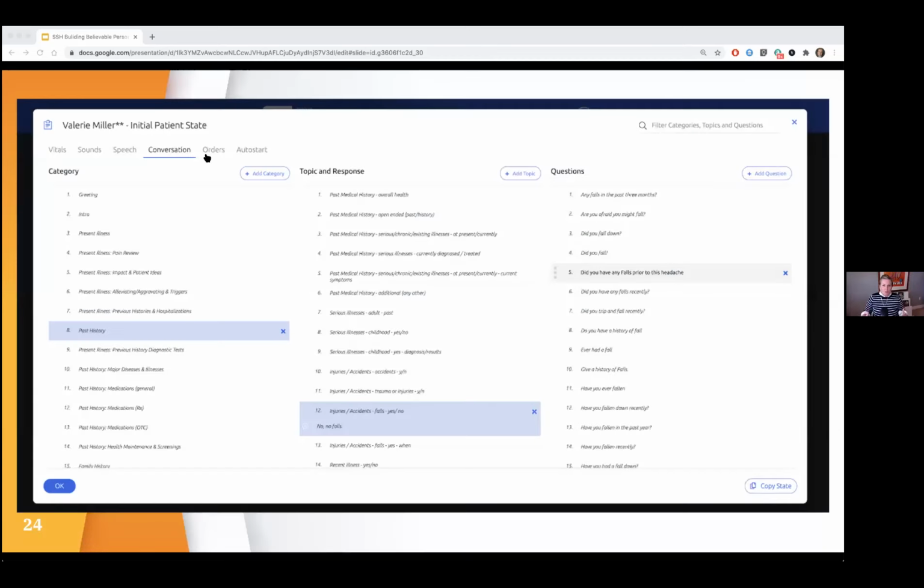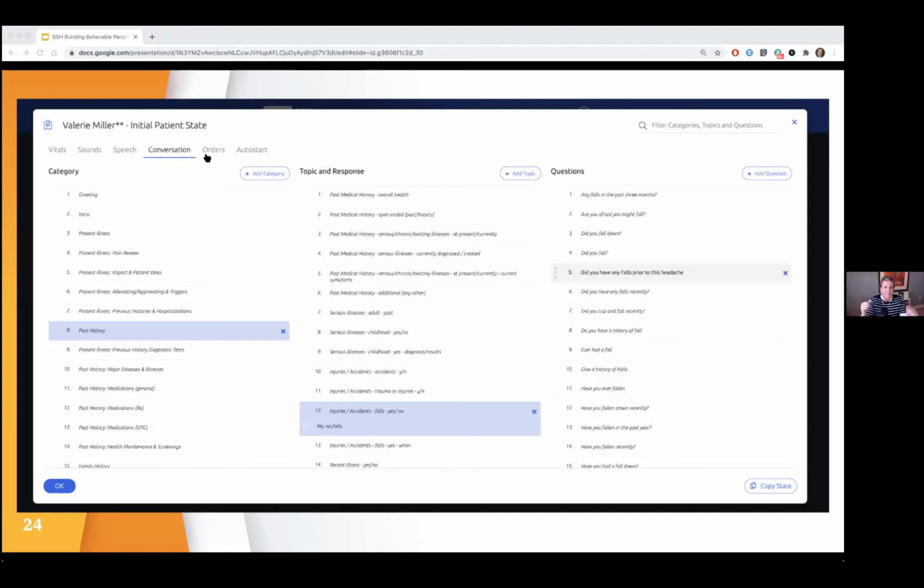To create, or rather customize, your patient persona, this is the PCS authoring interface, and it's broken down into 3 panels within the patient authoring tool. The first panel is the main category, on the left-hand side. It has categories such as present illness, past medical history, family history, social history, review of systems, et cetera.